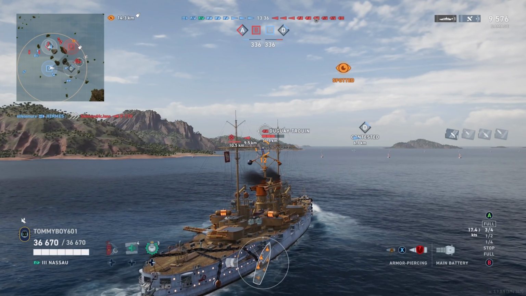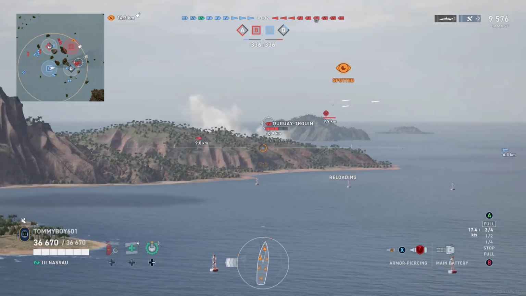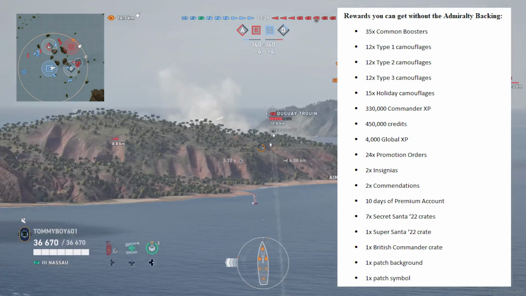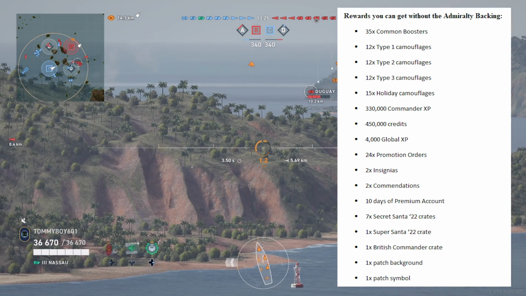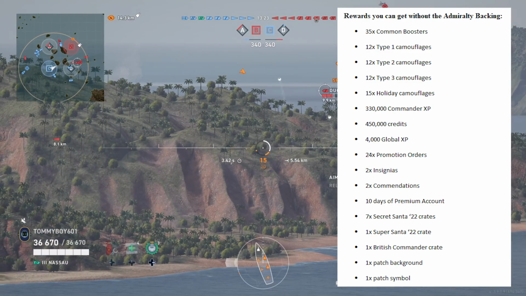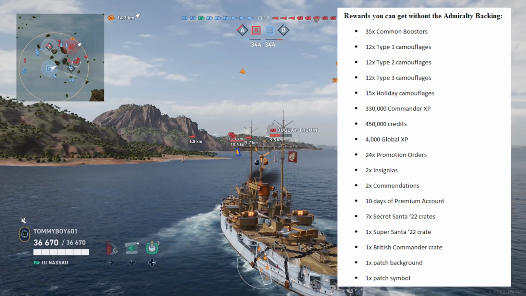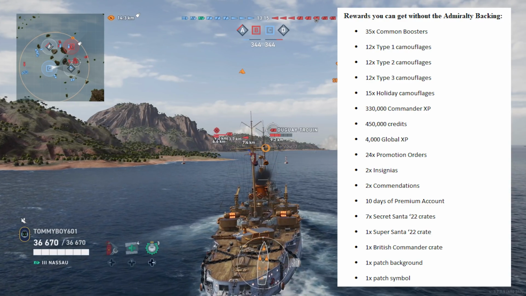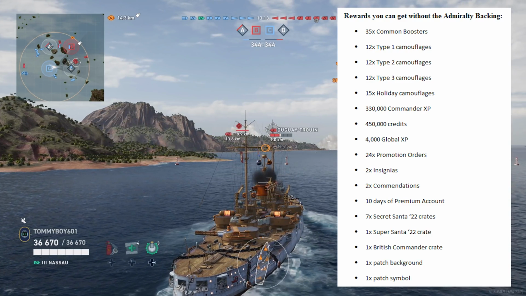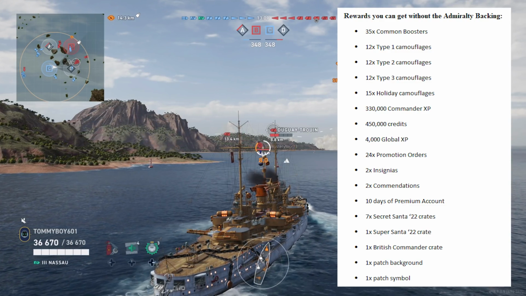So what happens if you don't buy the Admiralty backing? What do you get for the campaign? Well, you're going to get 35 common boosters, 12 Type 1 camos, 12 Type 2 camos, 12 Type 3 camos, 15 holiday camouflages, 330,000 commander XP, 450,000 credits, 4,000 global XP, 24 promotion orders, 2 insignias, 2 commendations, 10 days of premium account time, 7 secret Santa crates, 1 super Santa crate, 1 British commander crate, 1 patch symbol, and